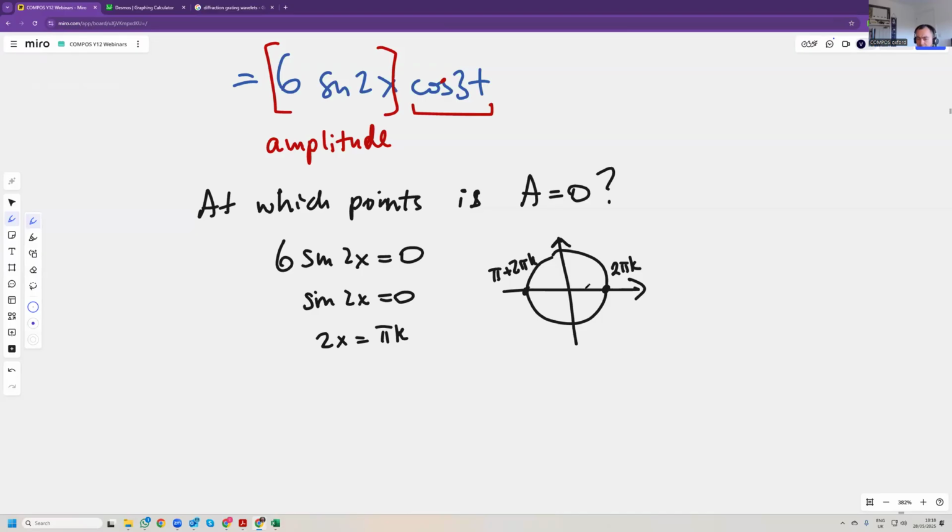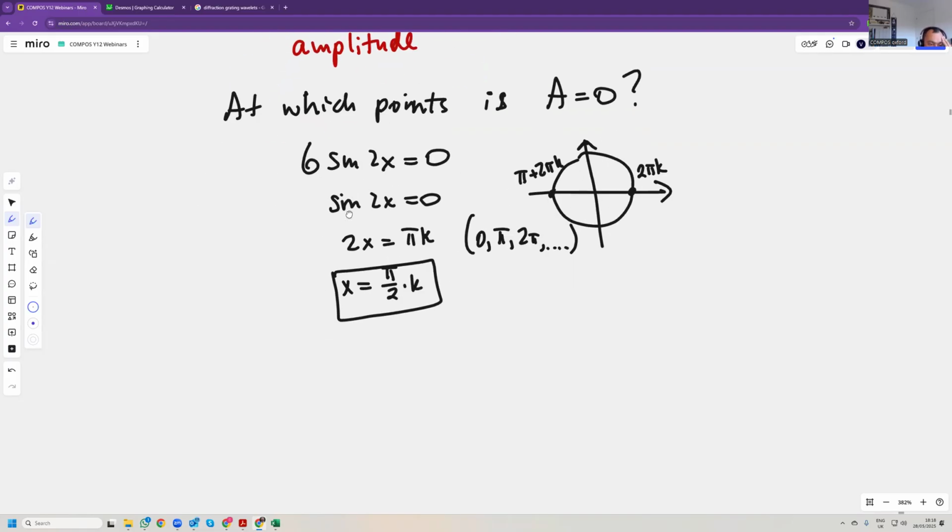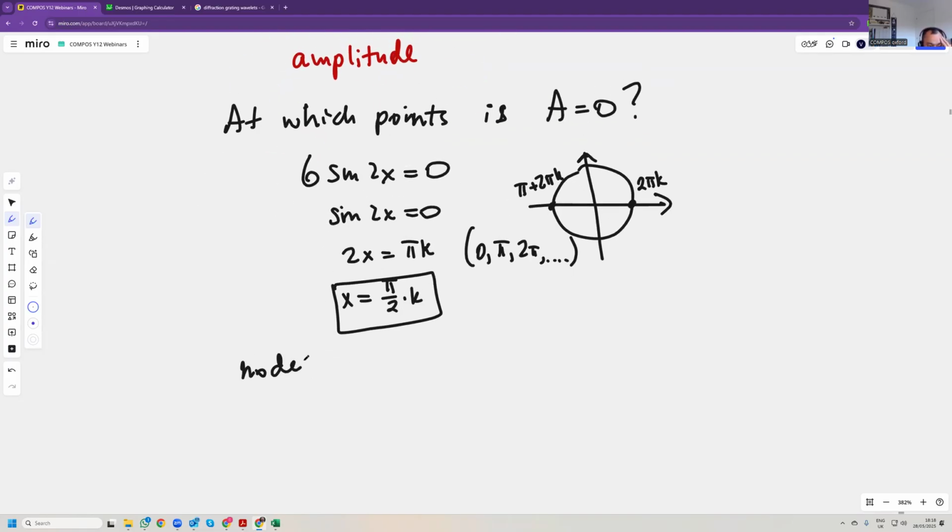Well, because sine 0 is 0, sine pi is 0. I hope that makes sense. So x equals pi k over 2. So that's 0, pi over 2, pi, etc. So the antinodes, sorry, nodes are at x equals 0, x equals pi over 2, x equals pi, x equals 3 pi over 2,